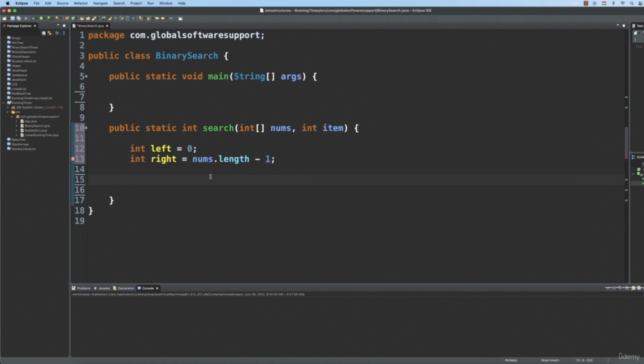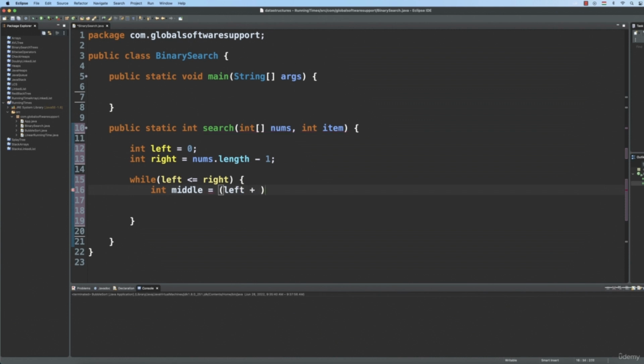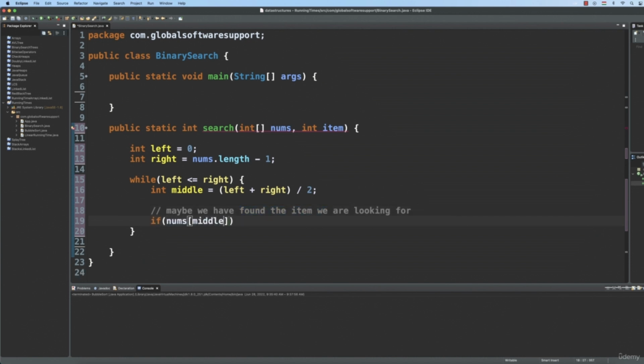And of course we have to iterate, so while left is smaller or equal to the right index, what do we have to do? First of all, we have to generate a middle index, which is equal to left plus right, and we have to divide it by 2. So this is how we generate the index for the middle item. Of course, we have to check whether we have found the given item or not. So if nums at the middle index is equal to the item we are looking for, then we return